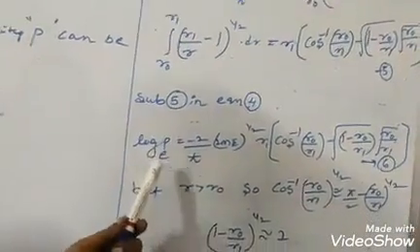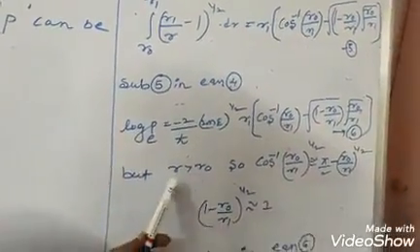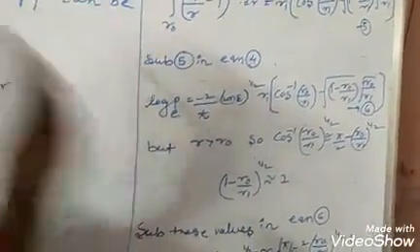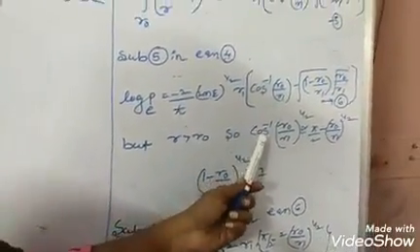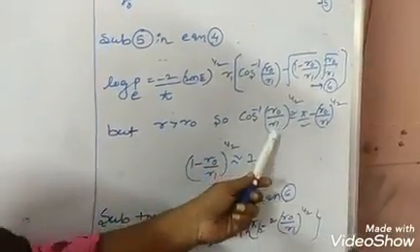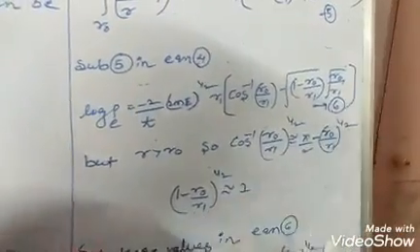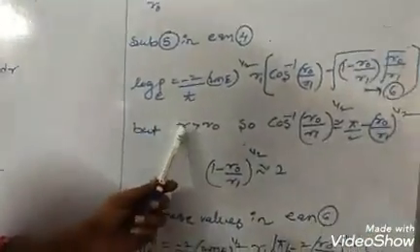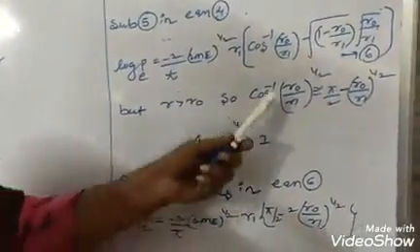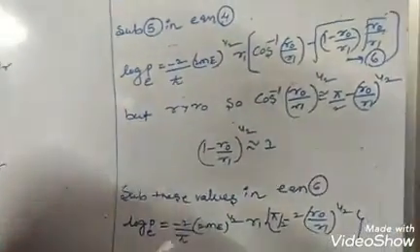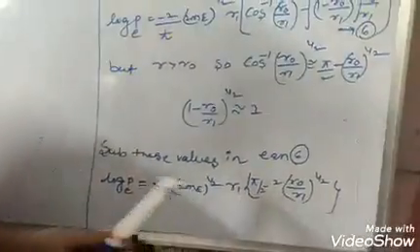So log p, the logarithmic function of the probability, gives this value. And here there is one approximation: when r1 is very much greater than r naught, then cos inverse of root of r naught by r1 is equal to pi by 2 minus root of r naught by r1, and this second term is approximately equal to 1. We substitute this in the above equation, then we get the probability function.